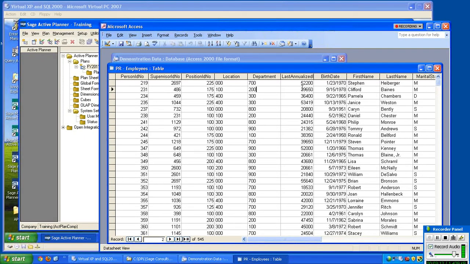The other thing we can see is a column or a field for the last annualized increase, so their annual salary, as well as birth date, first name and last name, etc. Okay, so this gives us an idea of what the data looks like,